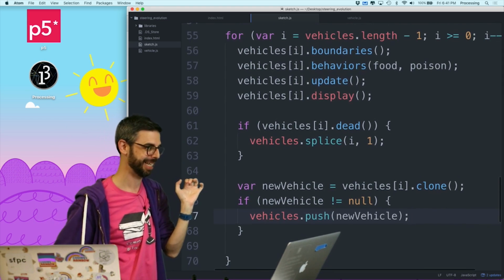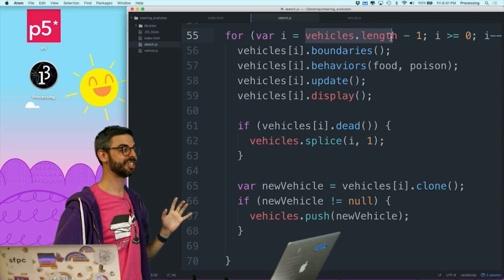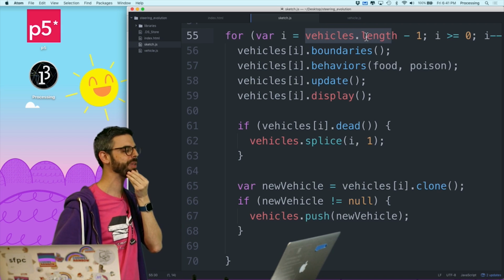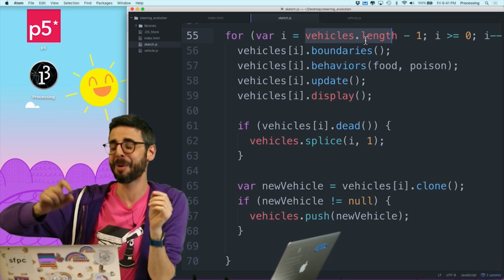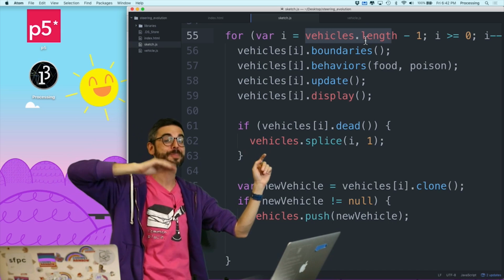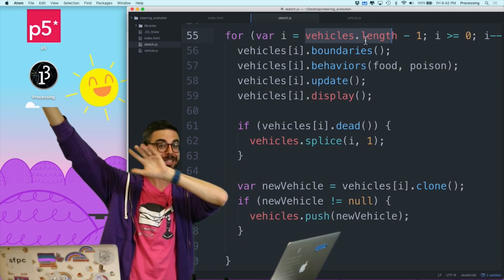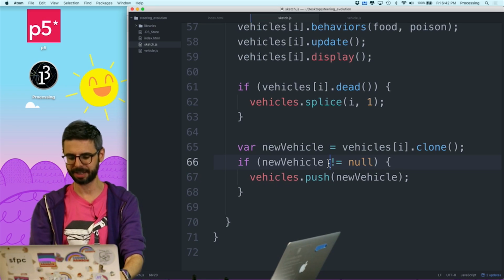And luckily, I got it. Oh, this is a problem. Look at this. Vehicles. No, that's okay because I starts with that. So there really could be an issue where if I'm adding to an array while I'm iterating through it, it's never going to get to the end. But because I'm already going through backwards, I can add stuff to the end and just still go down to 0 and I'll be fine. So, okay, I think I'm not going to get stuck in some infinite loop here.